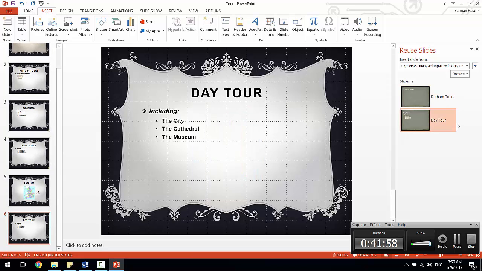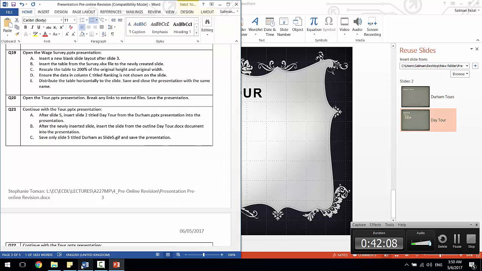So just click on it once. If you click on it more times, it will keep searching, so be careful. Just delete it, click on delete and delete again. Okay, so we inserted it once. After the newly inserted slide, insert the slide from outline,